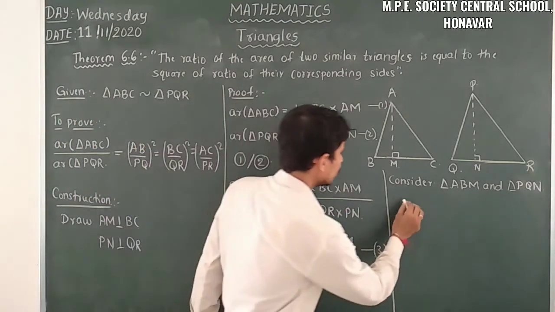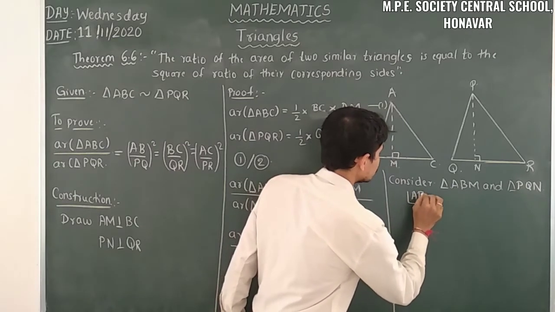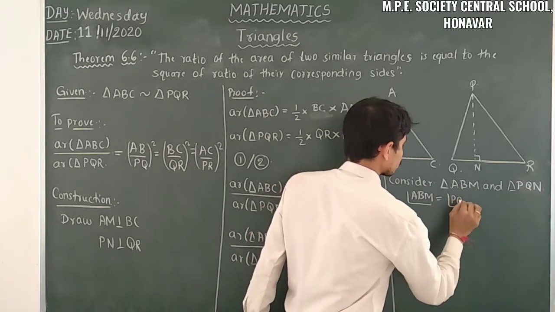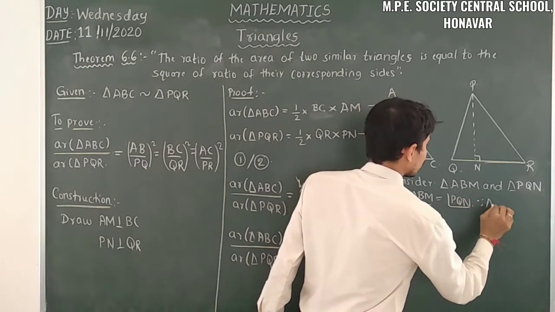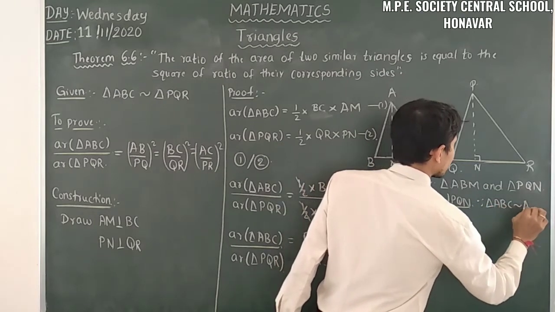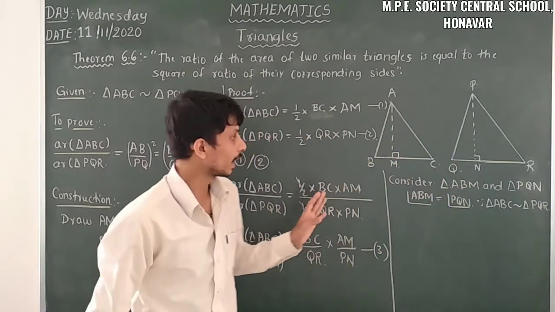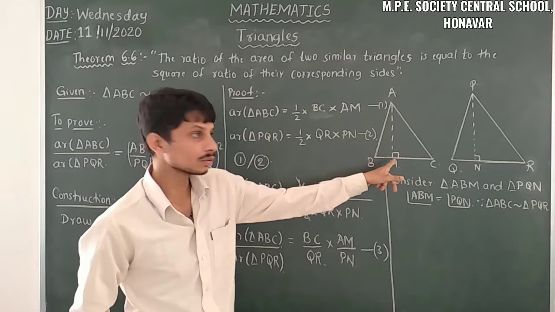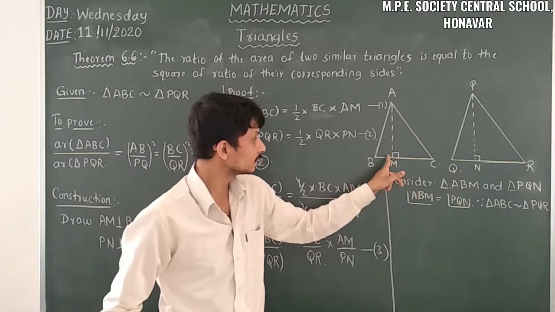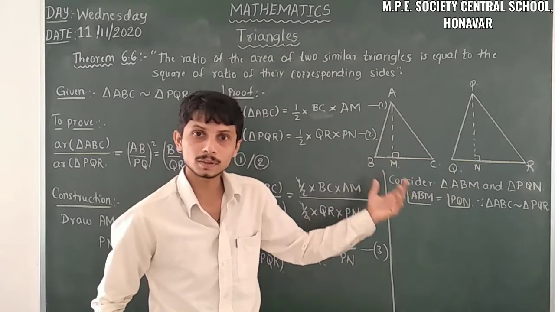That is angle B, complete angle B, that is angle ABM, is equal to angle PQN, because triangle ABC is similar to triangle PQR. So from this we have that one. And then here, just observe, this is the right angle formed here. So those two we have to take as an equality for the similarity criterion.